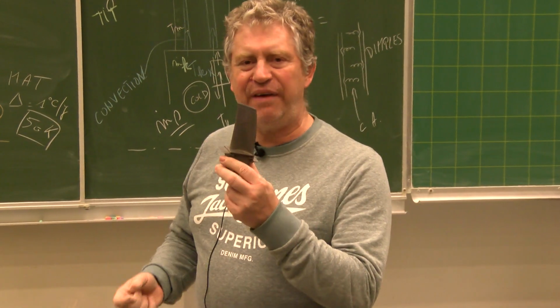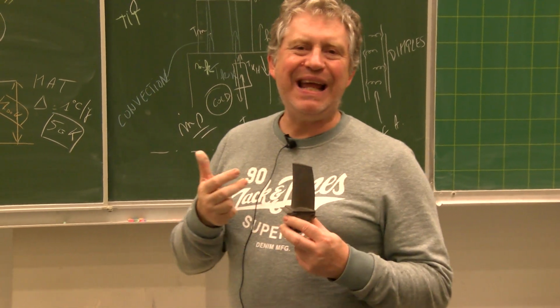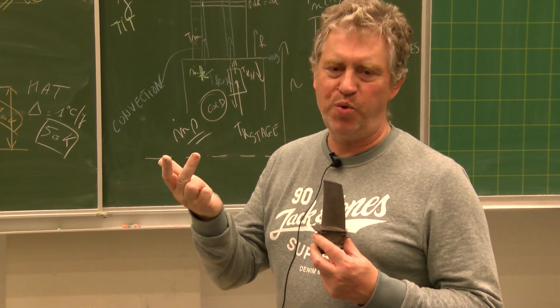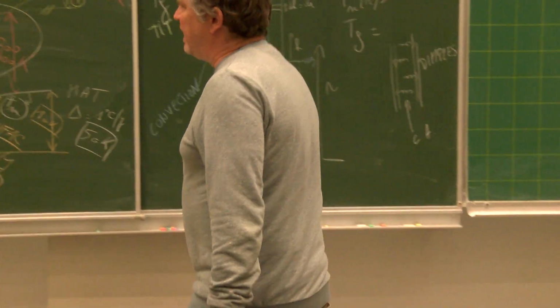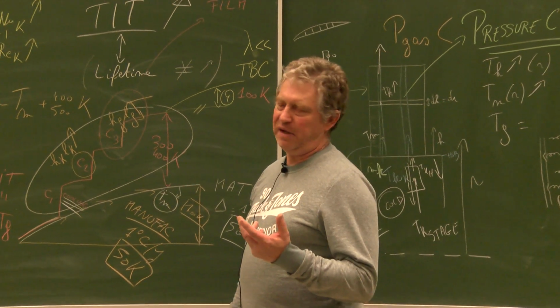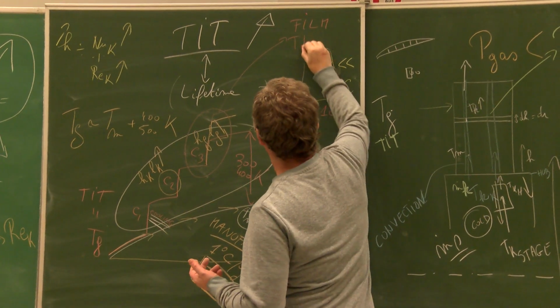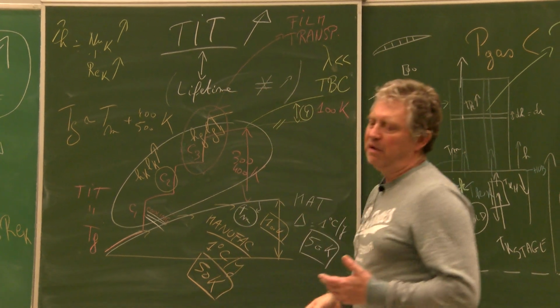So what do you have then? The blade is sweating air. The blade is cooled by what is called transpiration cooling. And this is a technique that is even more efficient than this,